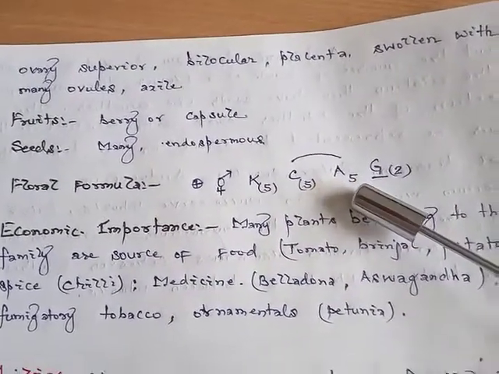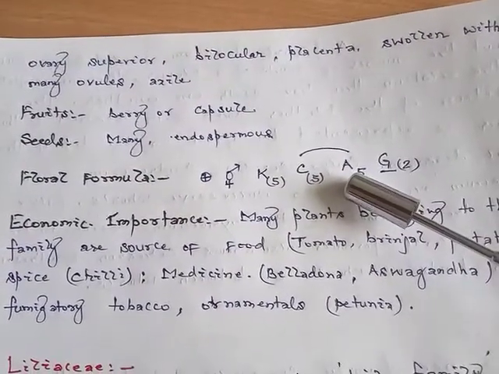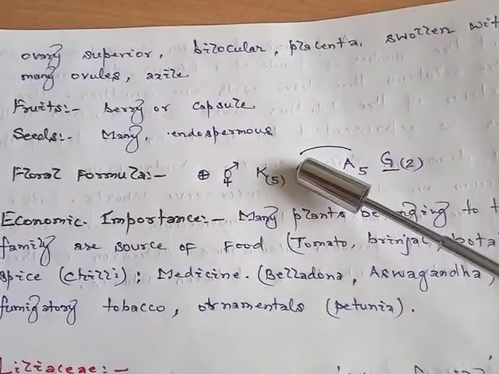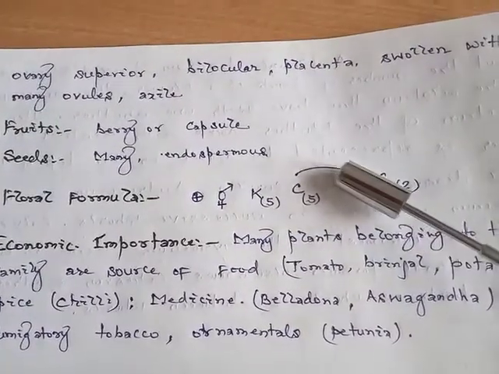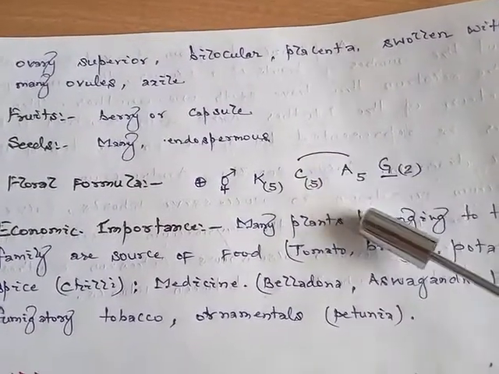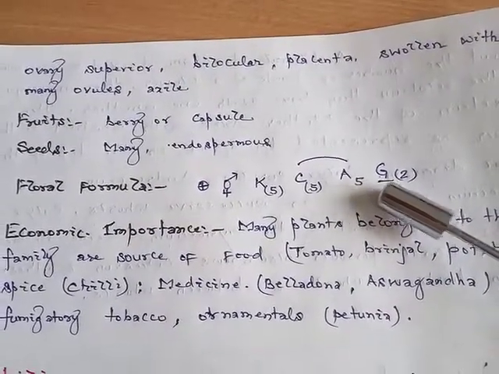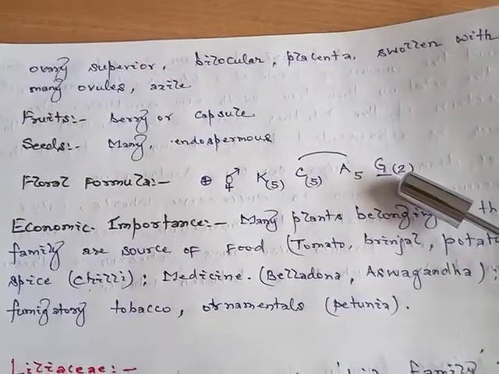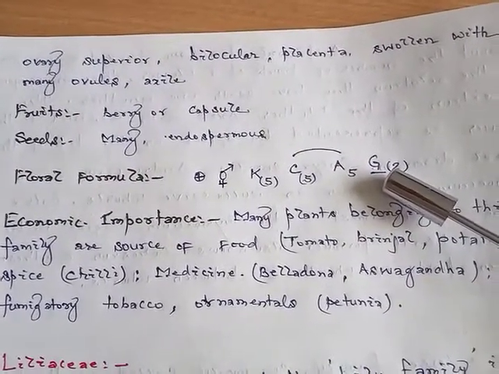And stamens, they are 5 in number, and we have discussed that the stamens were epipetalous, meaning the stamens were attached to the petals. So an adhesion line has been drawn above the corolla and androecium. And we have discussed the ovary is superior, so we have underlined the G, we have placed the G above the line, and it is 2 in number, and syncarpous means both the carpels were fused together.